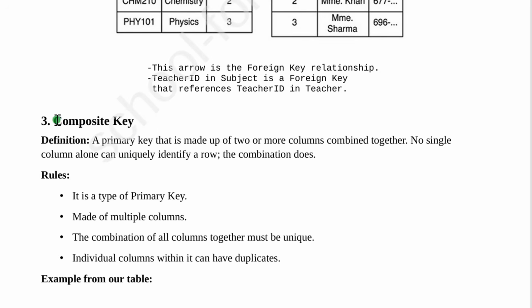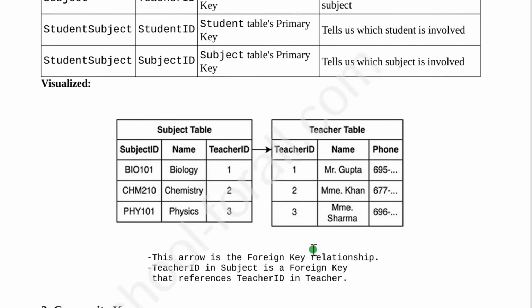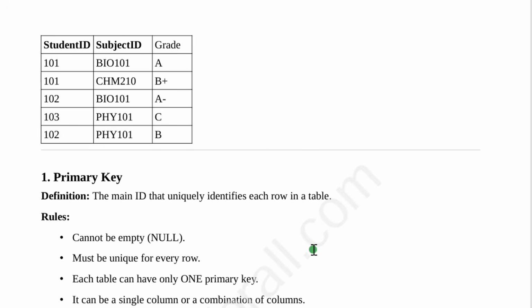Now we go to composite key. What is a composite key? So the definition here is clear. A composite key is a primary key that is made up of two or more columns combined together. Exactly that. So remember that a primary key can be a single column or a combination of columns. So by the time you are having a combination of columns, we call that a composite key. Like in this table, if I move to the level of the